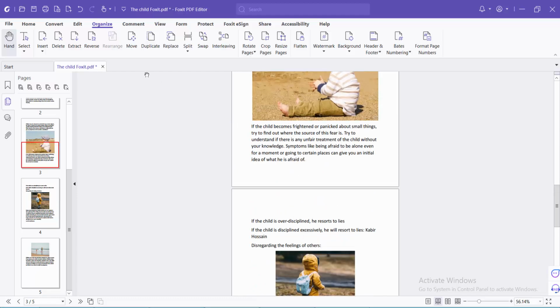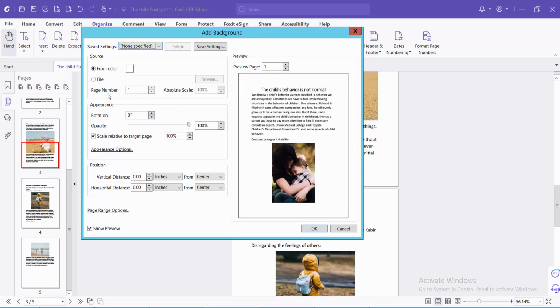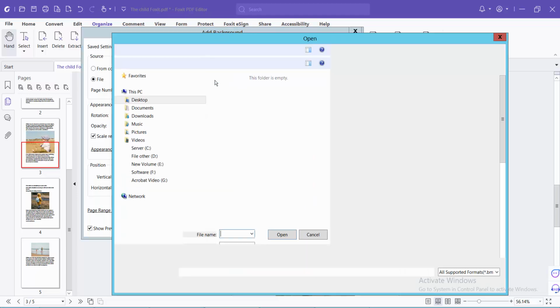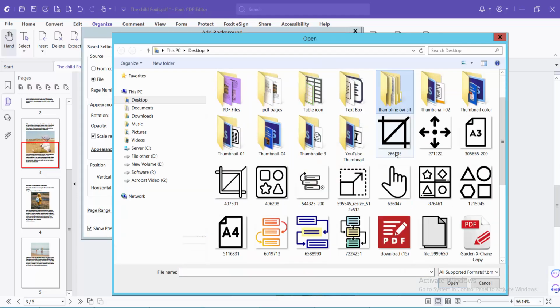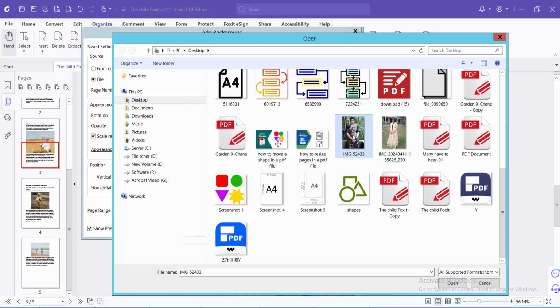Open your PDF file and select the Organize option. Now select the Background option and select Add Background. Now select the File option, open Browse, and select your background image. I'll add this one